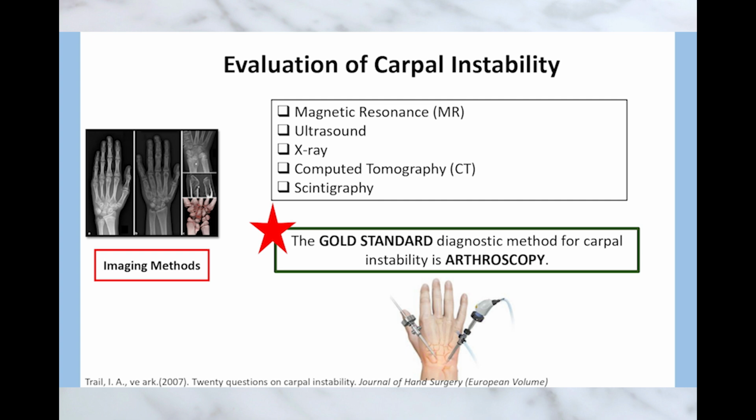But from what our sources say, wrist arthroscopy is often considered the gold standard for diagnosis. Okay. It's a minimally invasive surgery where they put a tiny camera into the wrist joint, and that lets them directly see the ligaments and cartilage, so you get the most accurate view of the damage.